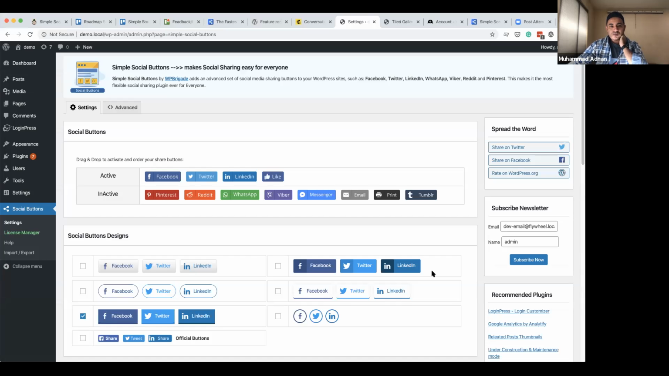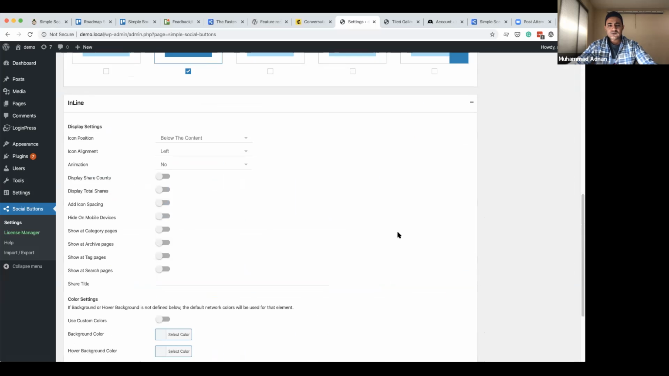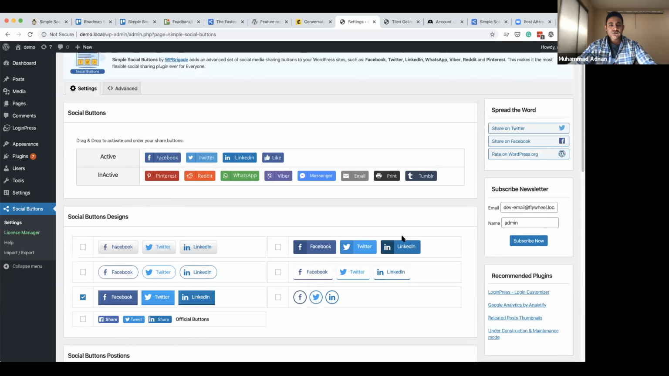Let me go through some of the things. I am hearing that there are lots of simple social buttons plugins out there, and what is the core thing that you are providing? My main goal was to have a clean plugin without a lot of clutter, and the focus is on clean simplicity and speed. If you look at our settings panel, it looks like a very clean thing. You go just step by step,